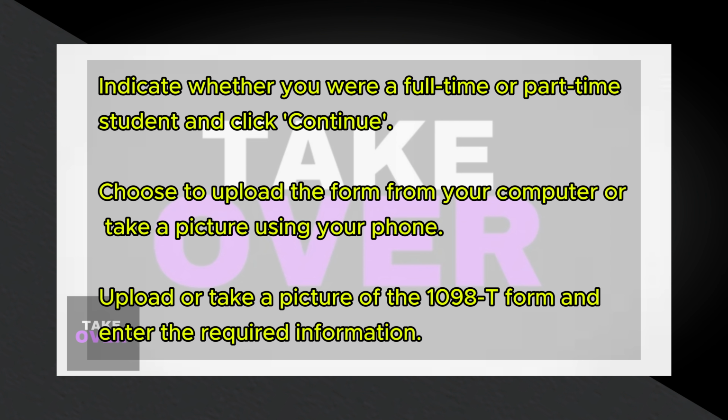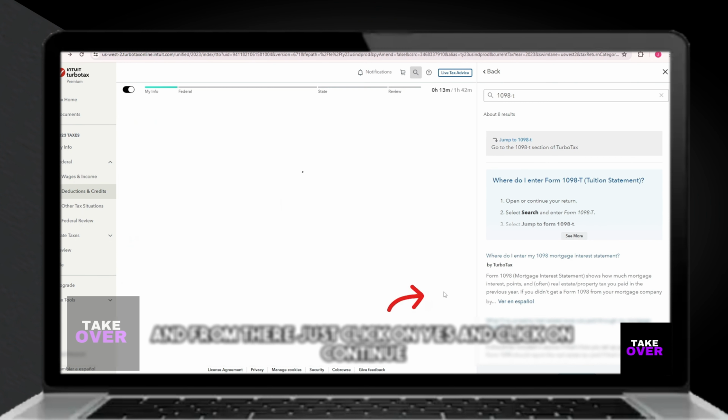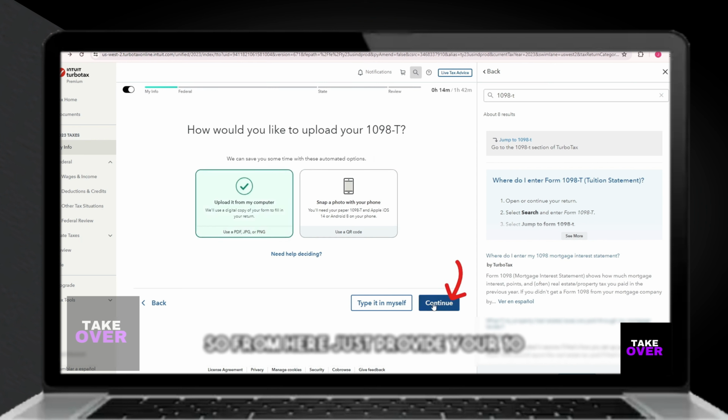TurboTax will provide you with two options. You can either upload the 1098T form from your computer or take a picture of it using your phone. Choose your preferred method, upload or take a picture of your 1098T form, and TurboTax will guide you through entering the required information. Once you have uploaded the form and provided all necessary details, you will have successfully added your